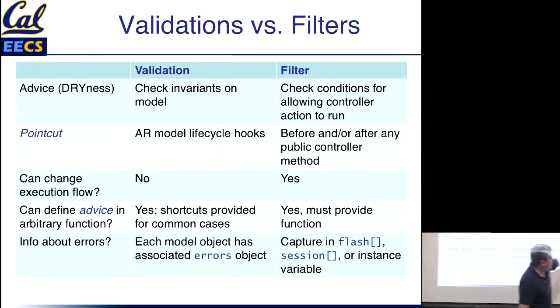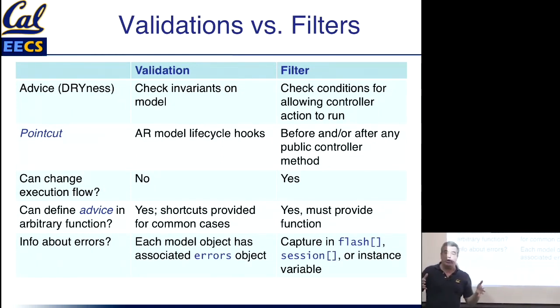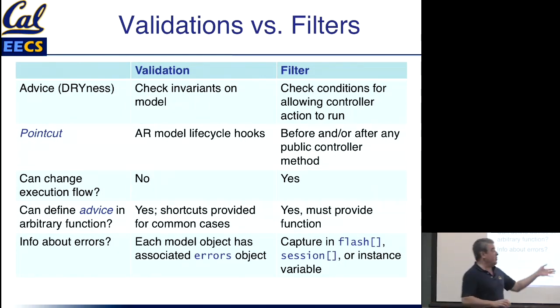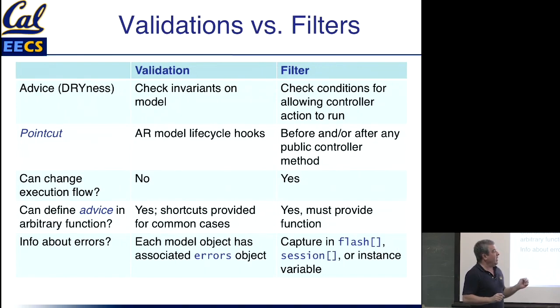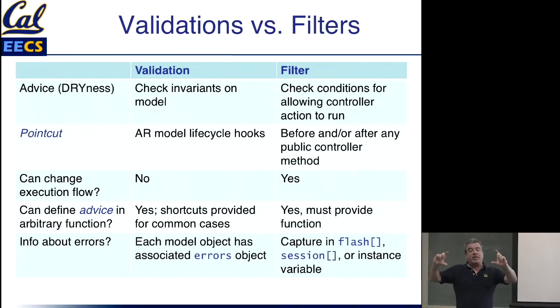And in the case of a controller filter, because you're writing your own code, you have to decide how to make visible to the user what happened. The most common way to do that is, for example, you put it in the flash, and you arrange for every page in your app to check if there's something in the flash and always display it. It's a fairly common Railsism, because the flash tends to be used for ephemeral messages like that, so it's typical for every page in the app to have a place where, if the flash has something in it, it shows whatever it is.